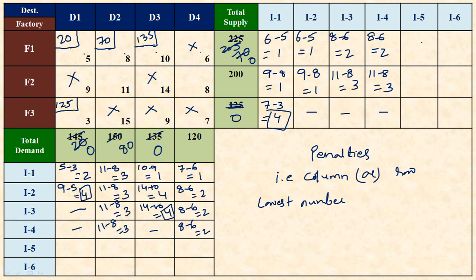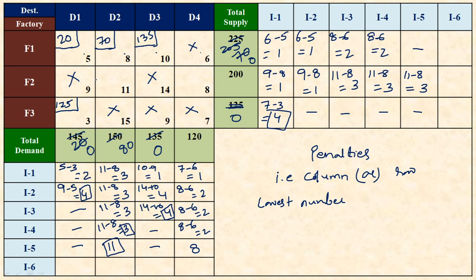So for that purpose we have to draw one more row and one more column here. So now F1 no consideration, because F1 total will become a 0, and in F2 there are 2 numbers, that is 11 minus 8, that is equal to 3. So F3 no consideration, D1 no consideration, D2 only one number is there, that is 11, D3 no consideration, and D4 8 is there. So we have 3 penalties, out of which 11 is the highest one. I have to take this 11.